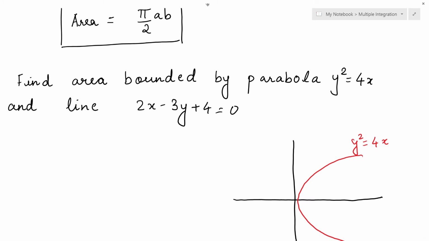So if I take the value of x as 0, right? I'll find the random points for y, and so on. If we do these, you get the values of x and values of y, and then you plot accordingly. After you get the values, the line will be something over here, this way. Okay, so this line is 2x minus 3y plus 4 equal to 0.